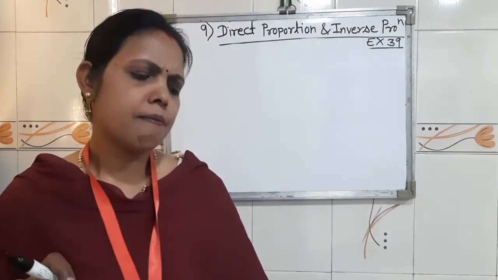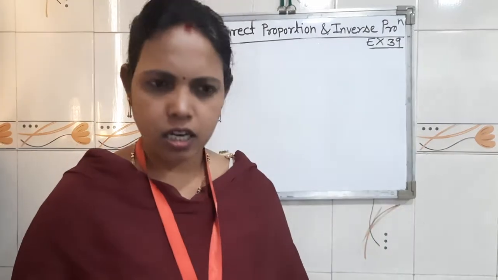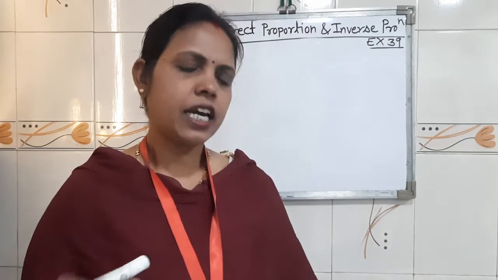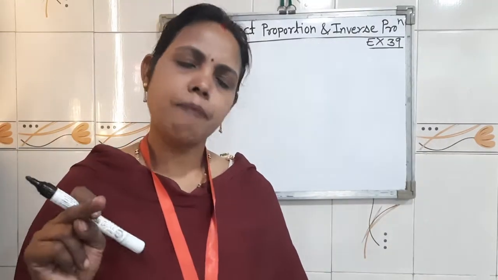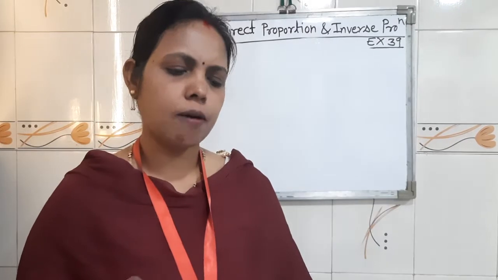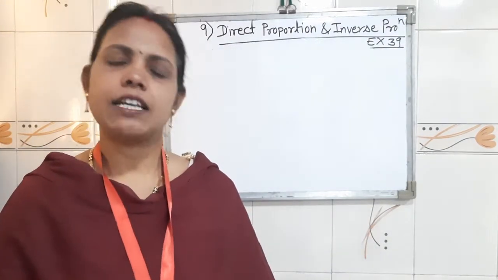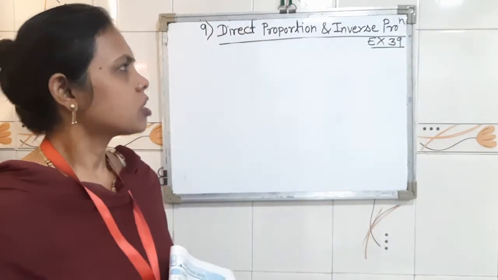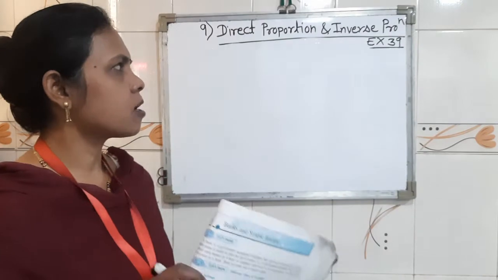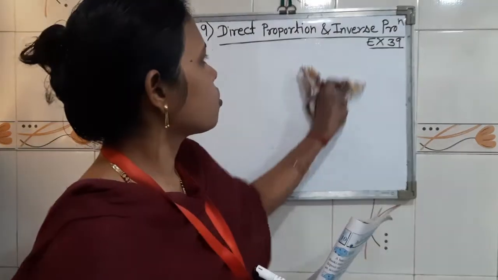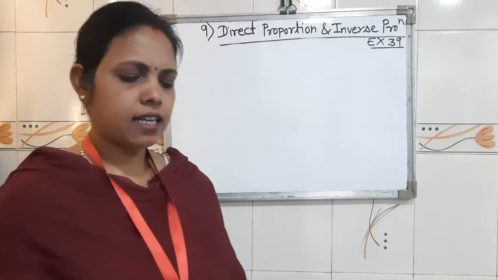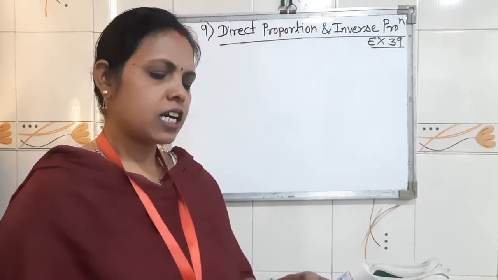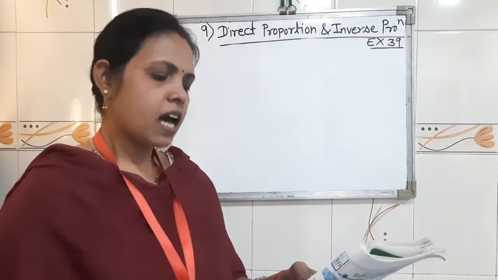In a business partnership, all partners have a joint account in a bank. So, the profit made or loss incurred is shared by the partners in proportion to the money each one had invested. So children, related to that only, today we are going to see our exercise 39, question number first. So the first question is, Suresh and Ramesh together invested 1,44,000 rupees in the ratio 4:5 and bought a plot of land.